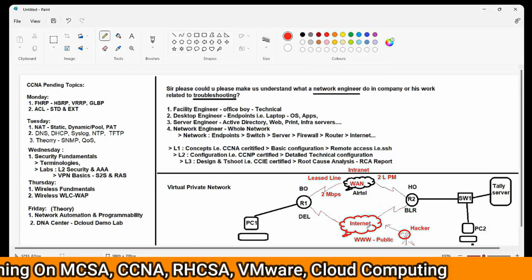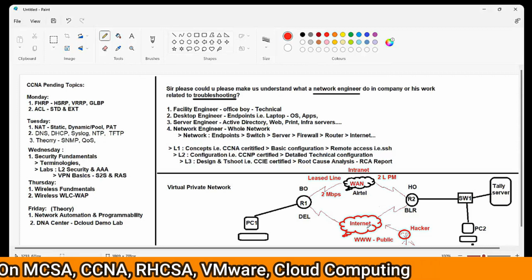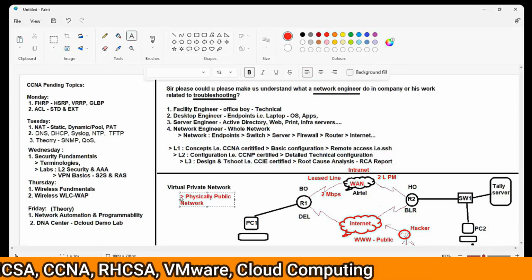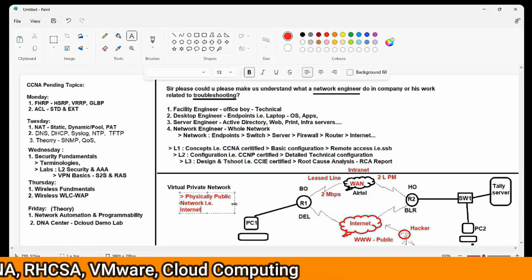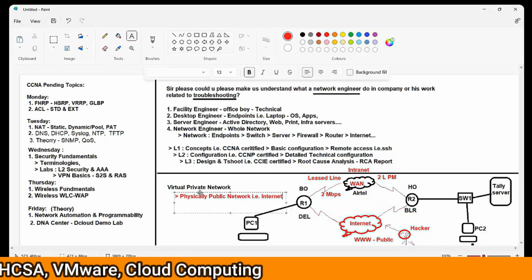Now I want to use this internet, which is public, but I want security in it. I am going to send data over the internet, but I want security like a private network. How can I make it? How will you make it? Like for example,